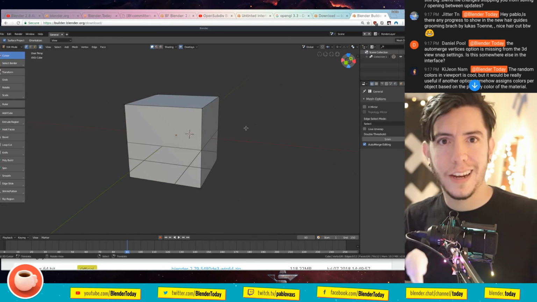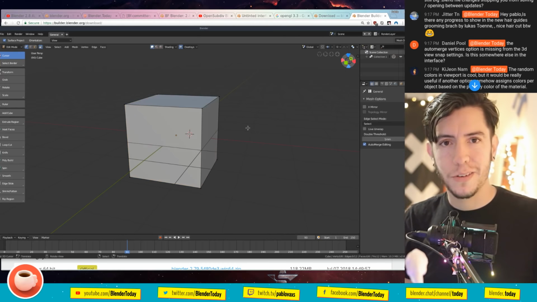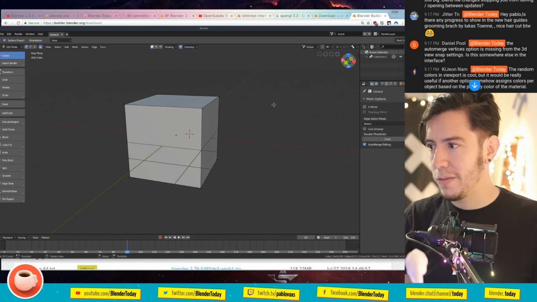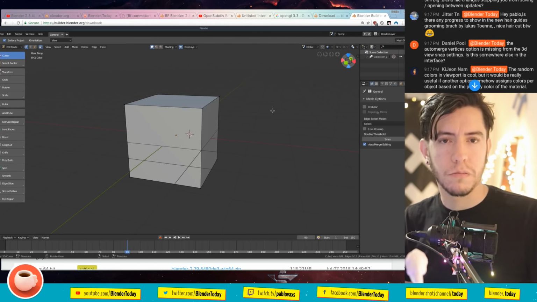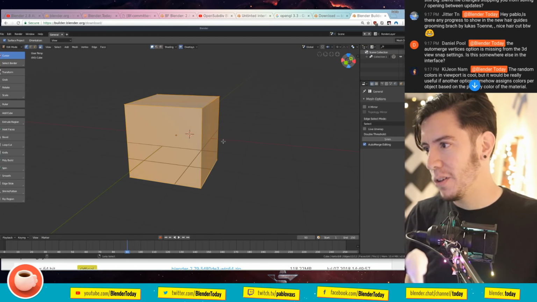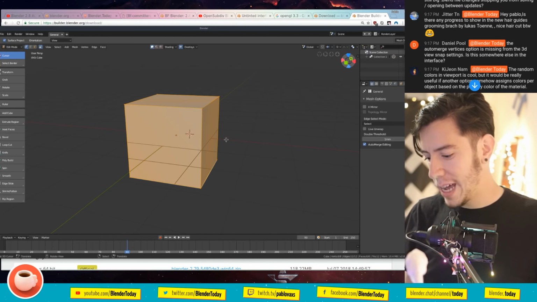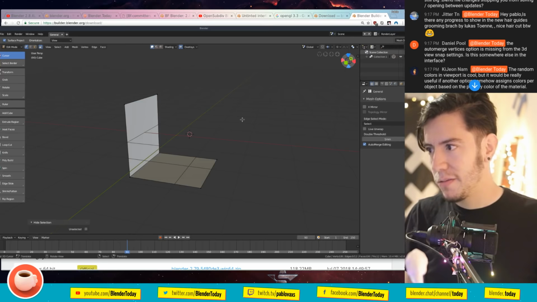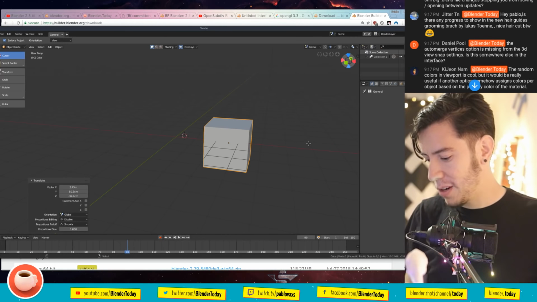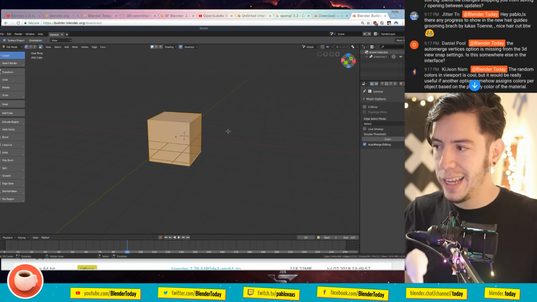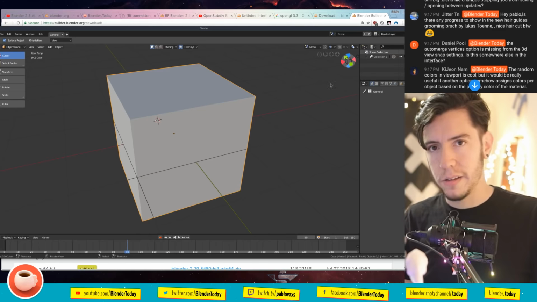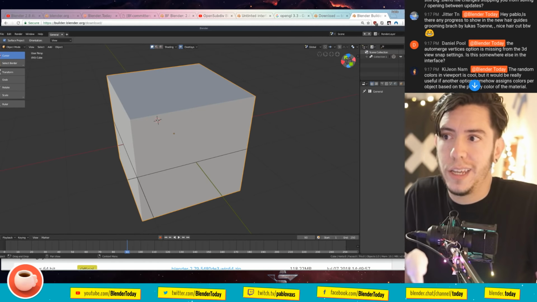Another change that was added recently is Alt A for deselect. Let me know what you think about it. At first I didn't like it. I thought it was a waste of a key, but over time I'm getting more used to it, especially because we already have H for hiding, Alt H for unhiding, G for moving, Alt G for clearing location. So A for selecting and Alt A for deselecting makes sense in that it's a bit more predictable. But yeah, it's another key.